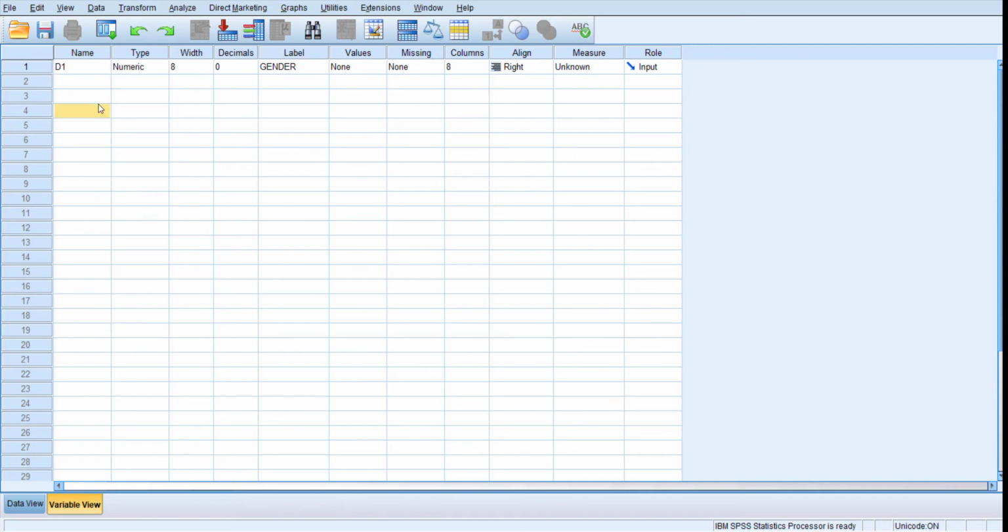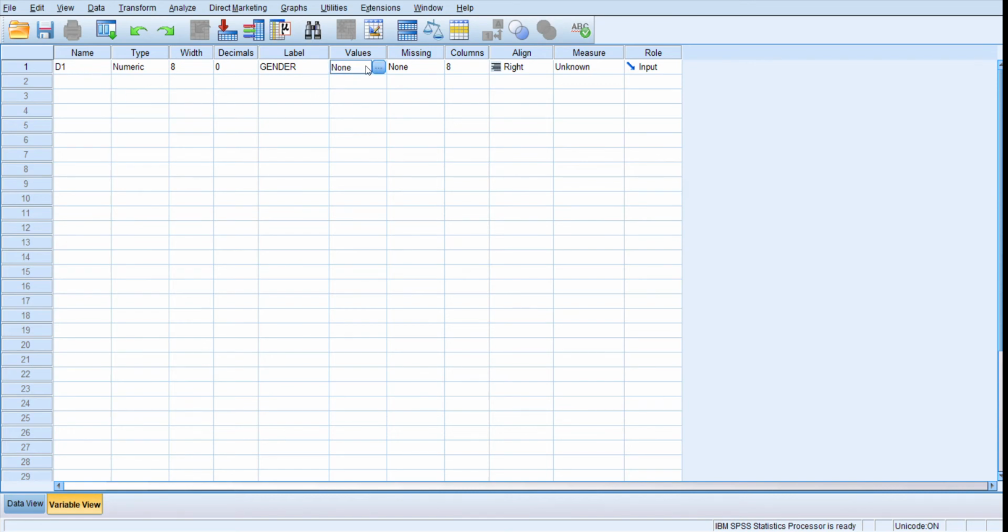Immediately it will show the error: duplicate variable or existing variable name. So it will not permit us to use the same variable name, even if we try to make a mistake. And if you give any space in the variable name, it will show that as illegal. It will not permit.